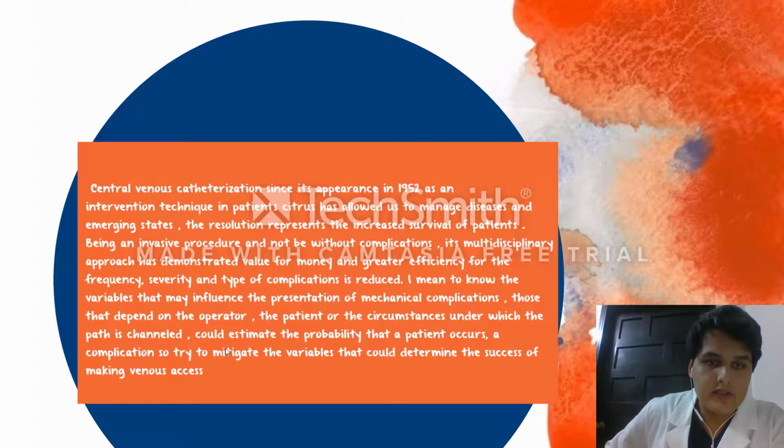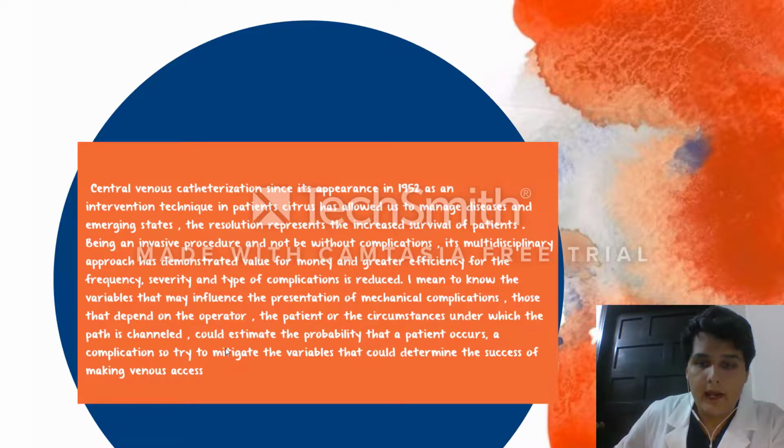Central venous catheterization appeared in 1952 as an intervention technique in patients. It has allowed us to manage disease and emergency states. It represents increased survival of patients, being an invasive procedure and not without complications. Its multidisciplinary approach has demonstrated value for money and greater efficacy, and the frequency, severity, and type of complications are